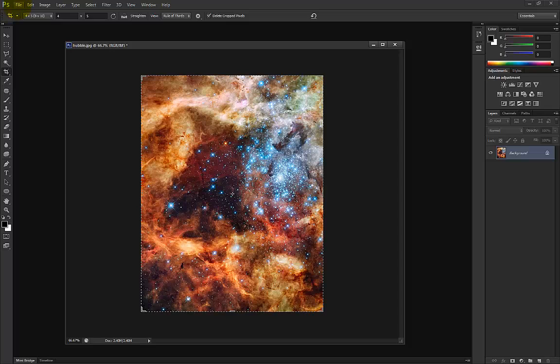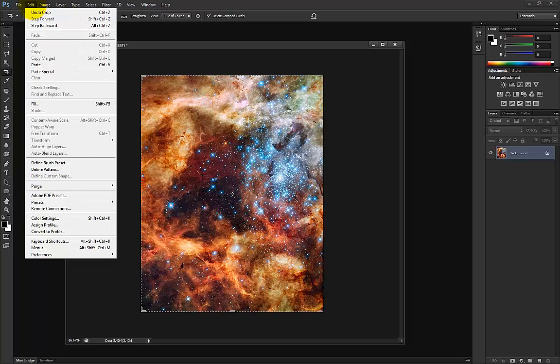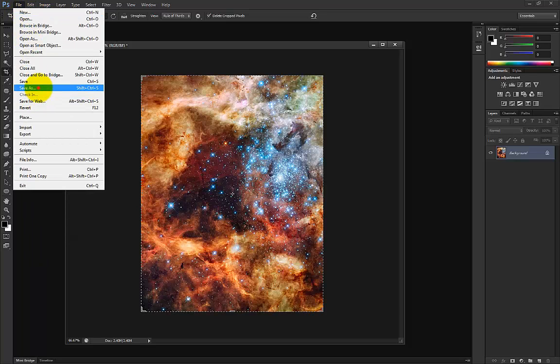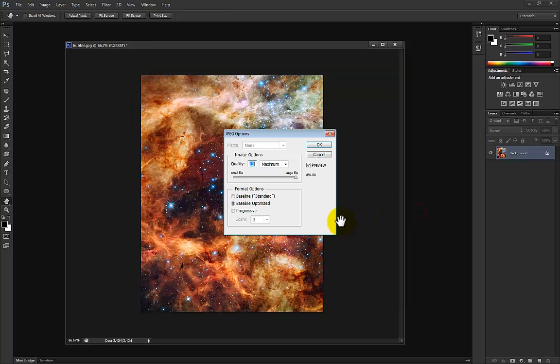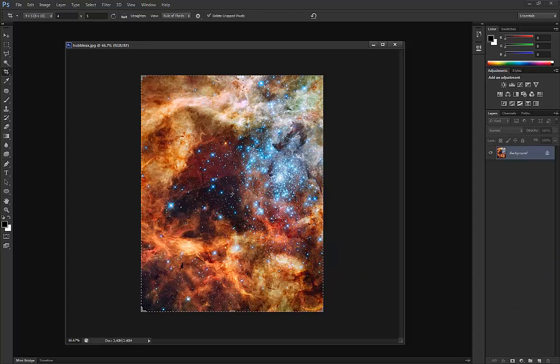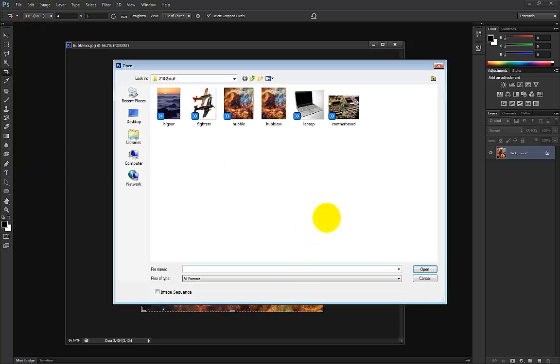Save your file. Save your file as something you can recognize. And hit OK. Now you're going to open Laptop, which is the second thing you're going to put on here. So you go to File, and you open Laptop,